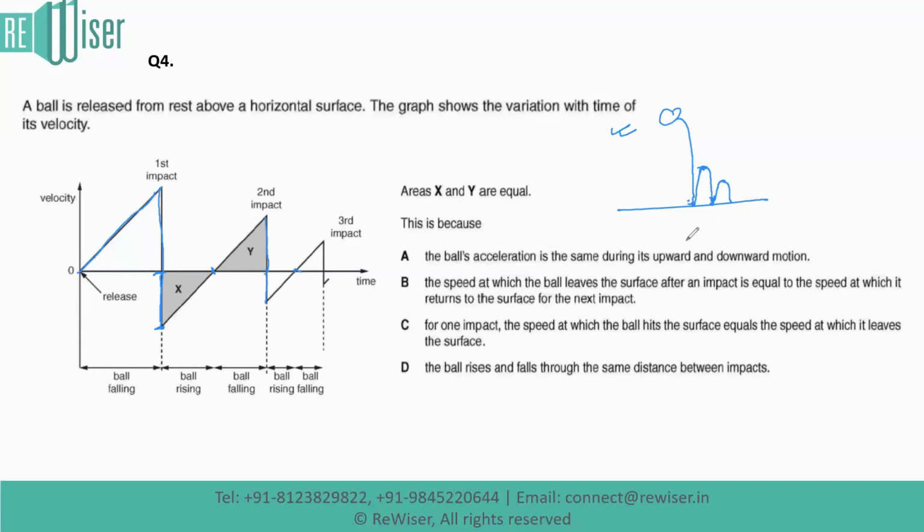Now let us go through the options to find out which among these is correct. The ball's acceleration is the same during upward and downward motion. So we can say the ball is accelerating, that means accelerating with g while going down. But while going up, it is actually